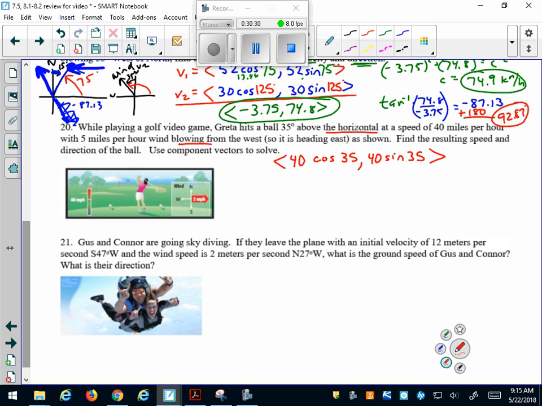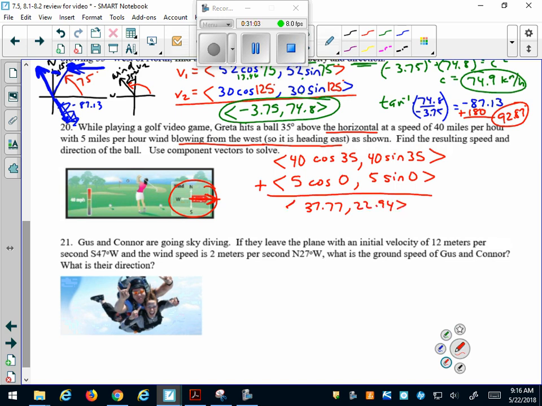And this wind is blowing from the west. In other words, it's heading east. You can see the direction right here of the wind. It's heading towards the east, straight in the horizontal direction. So it's a 5-mile-an-hour wind. Cosine, well, the degree measure from the horizontal of that is just 0, right? And then 5 sine 0. And 2 vectors, so we have to add them. This ends up 37.77,